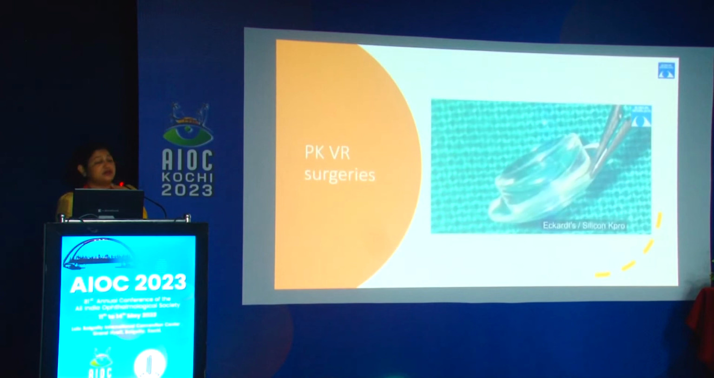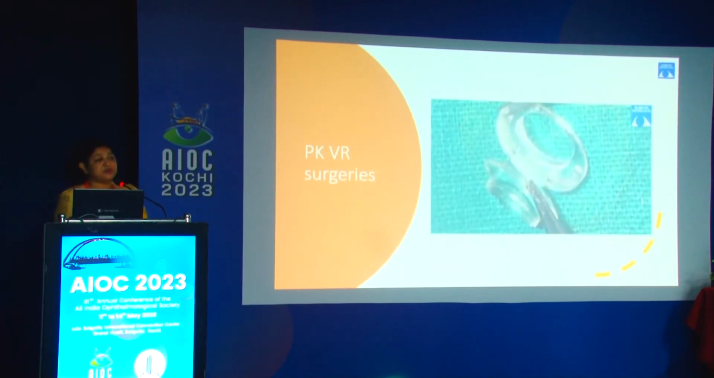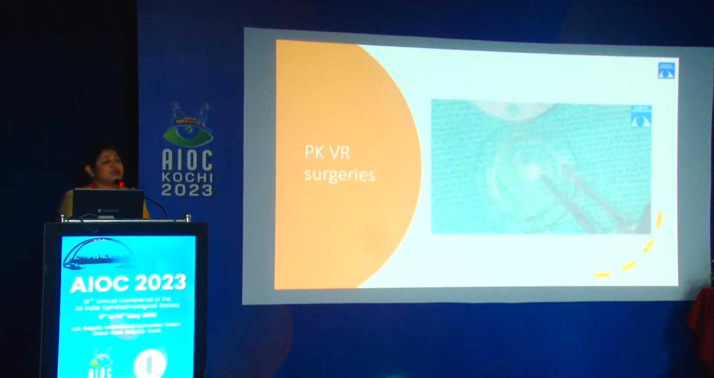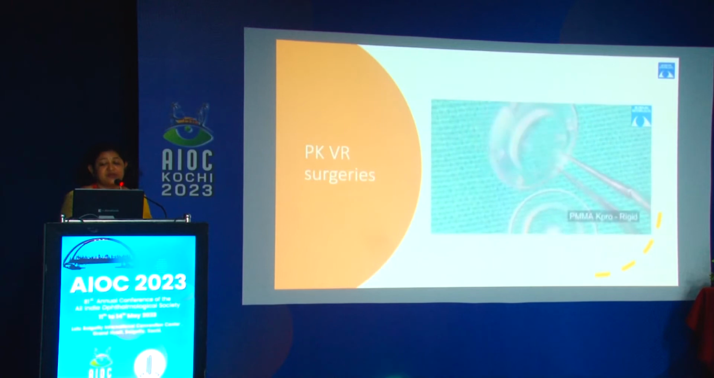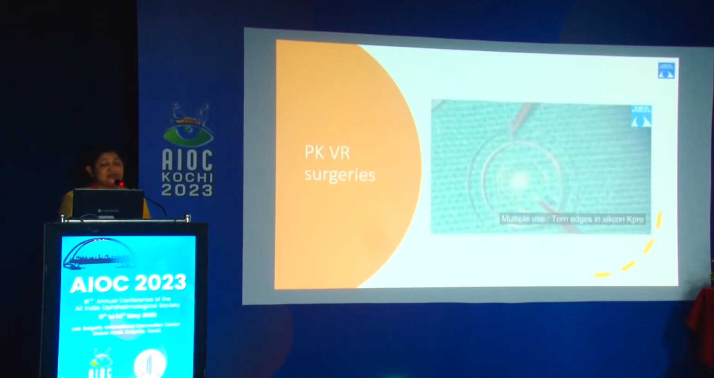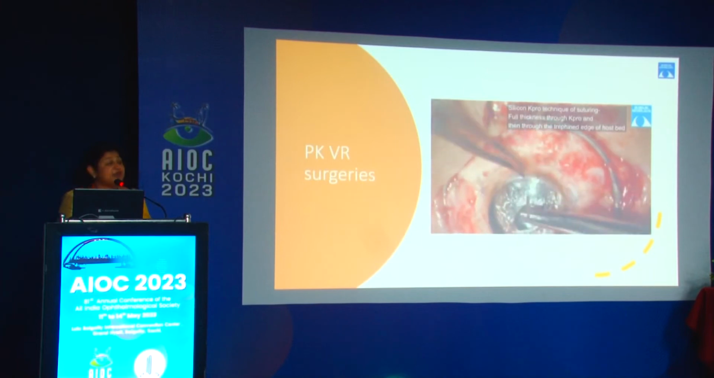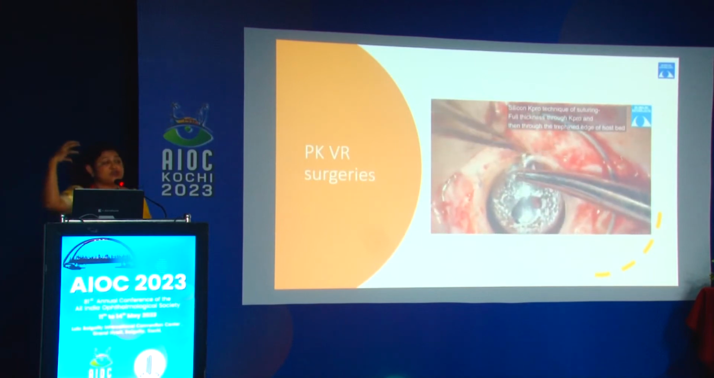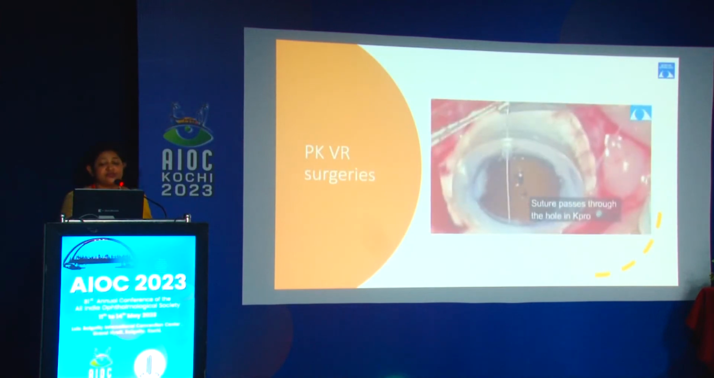Well, the temporary KPros that are available are silicone and the Landers or the PMMA. The silicone is a soft, pliable keratoprosthesis, whereas the PMMA or the Landers is the hard or the rigid one. Multiple uses is going to cause scratches in Landers and it might result in torn edges in your silicone KPro. The suturing in silicone KPro is much easier. It just goes inside into the graft, into the defined edge of the